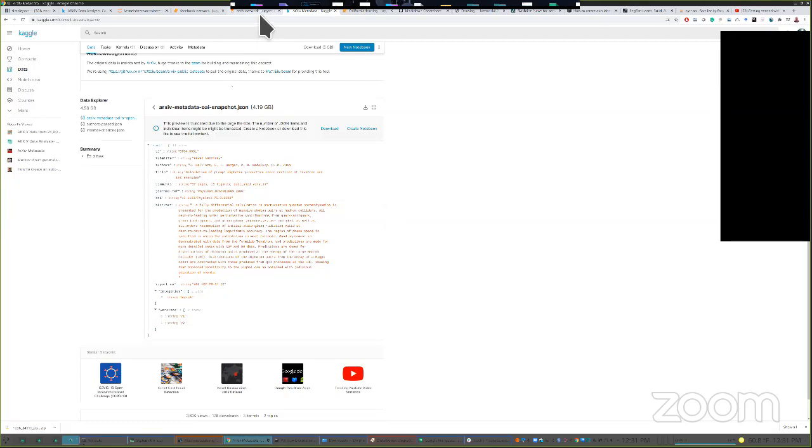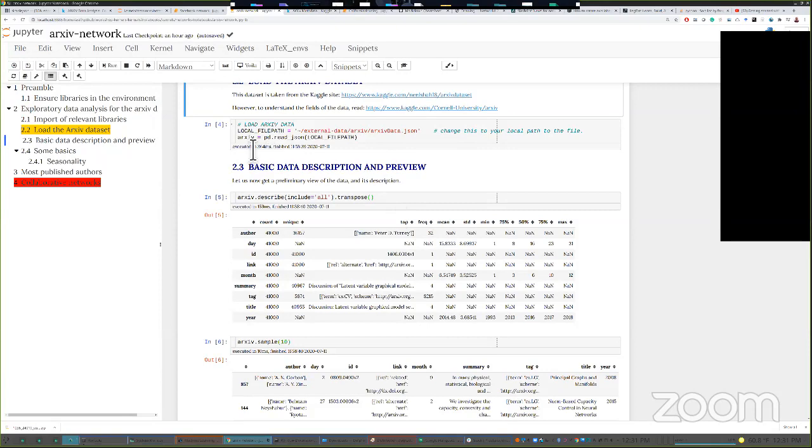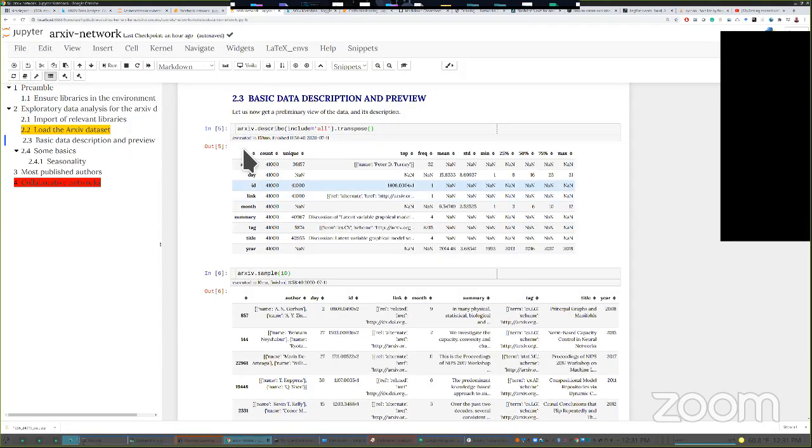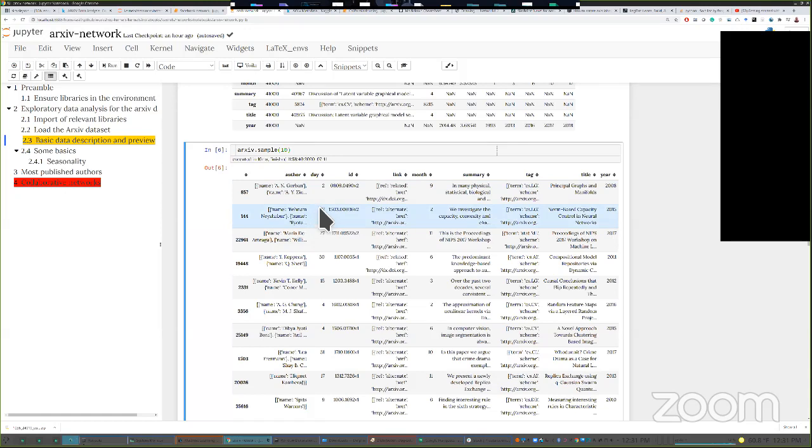So we'll go and explore it ourselves. We take this data, we load it into an archive. When you look at it as a data frame, you notice that these are the columns. So by now, they look familiar. There is only one catch. If you look at the first few rows, you begin to realize that this paper has Gordon and somebody else. So author is actually a string containing many authors, all the authors of a paper. So the title author is a bit of a misnomer. The rest of it is standard.